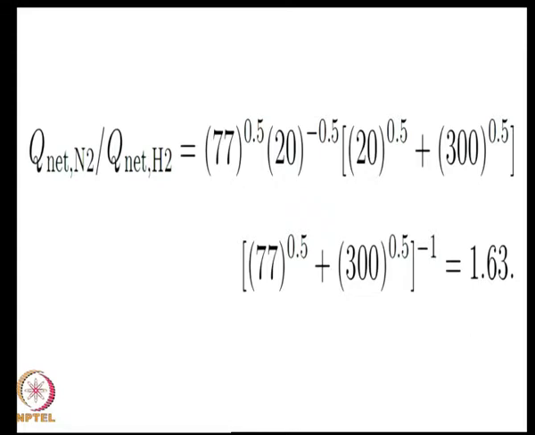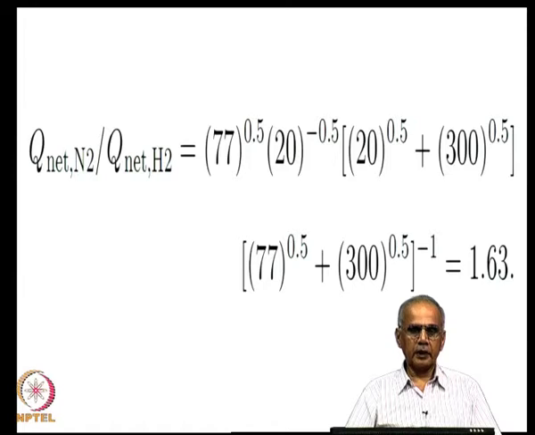So, this is very close to the observations which indicated that heat leakage to nitrogen was about 60% more than that to hydrogen. So, this simple non-spectral non-gray approximation has resulted very close to the observation, and this clearly shows that this is the approach we need to take, because if we had assumed that the emissivity is not a function of wavelength, that is a gray surface, then you would get a number less than 1 here, because you would then assume that heat transfer is proportional to delta T.